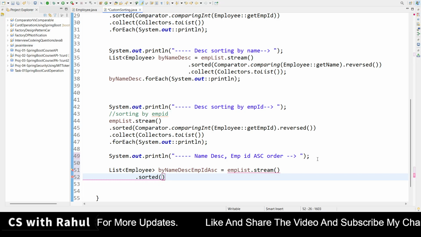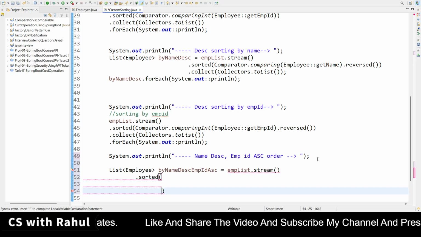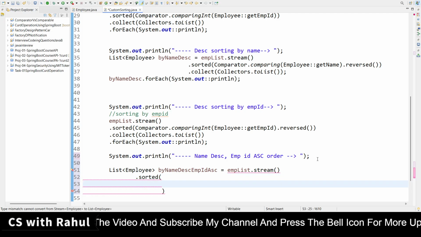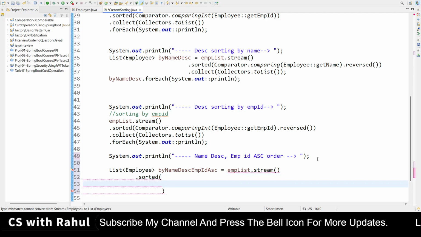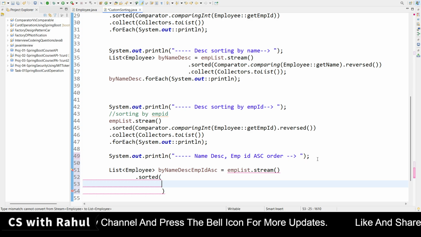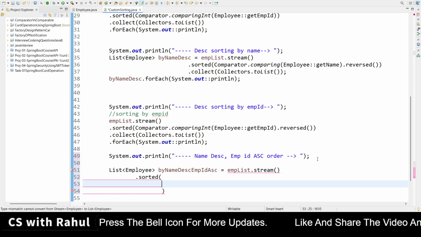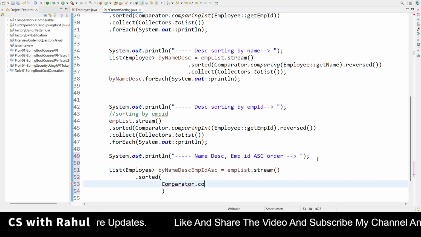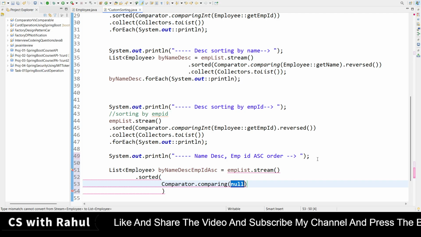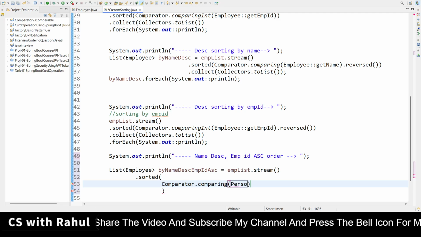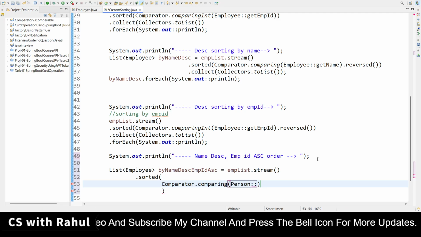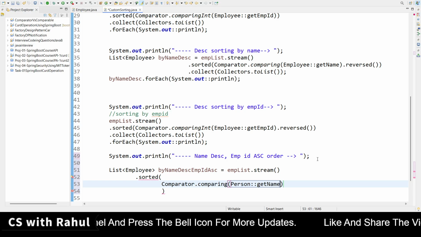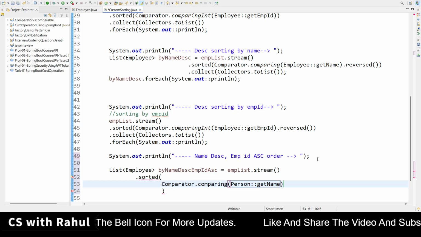So here I am doing the sorting, and now I have to check on which basis I have to do the sorting. Because this is the string type, as I explained in the last video, if the string type is there, then we need to call the Comparator.comparing method. By the method reference I am calling here Person, and this Person::getName. So the getName method I am calling, it will compare by the names, right?